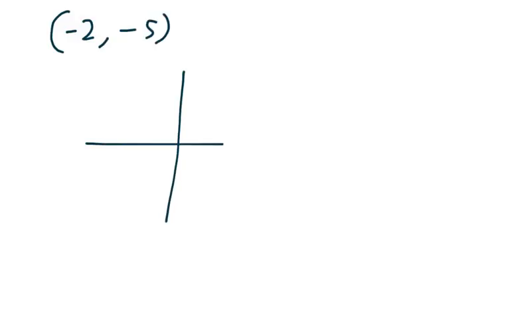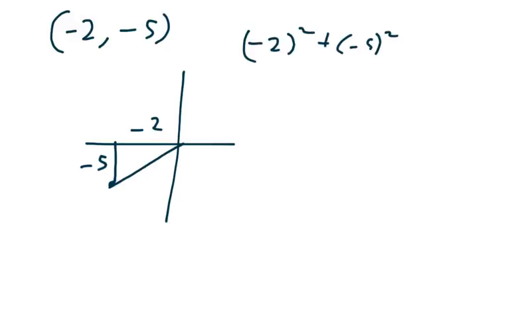Alright, let's try this again, and let's use the point negative 2, negative 5. So negative 2, negative 5 is going to be in the third quadrant. I know my picture is not drawn to scale, but when I do negative 2 squared plus negative 5 squared, remember the triangle always has a line along the x-axis, gets me 29,